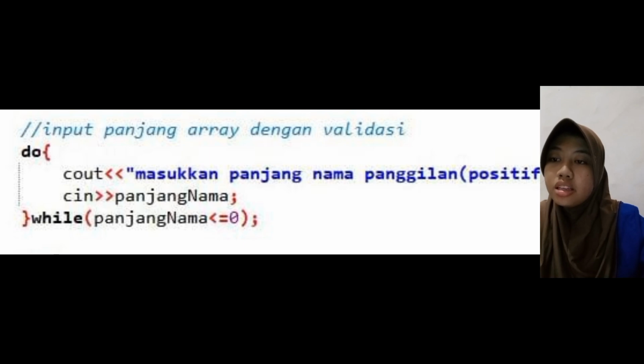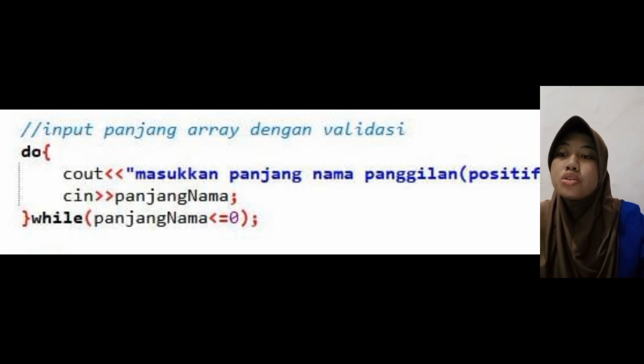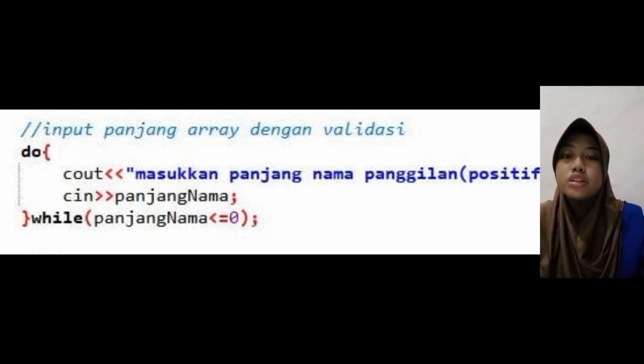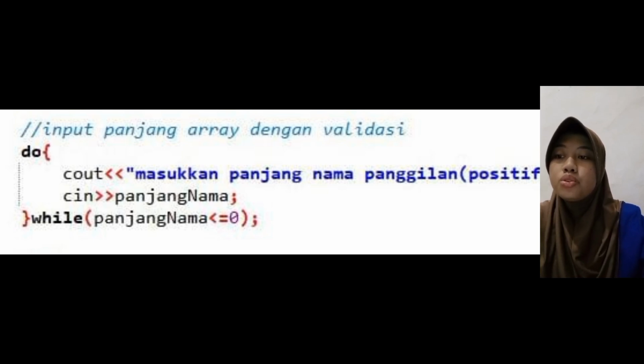Okay, input array, this is a comment. Comments are used to provide explanation to the code, making it easier for the programmer to understand. And then this is the start of a do while loop. This loop will run the code in its block at least once, then check the condition in the while part.